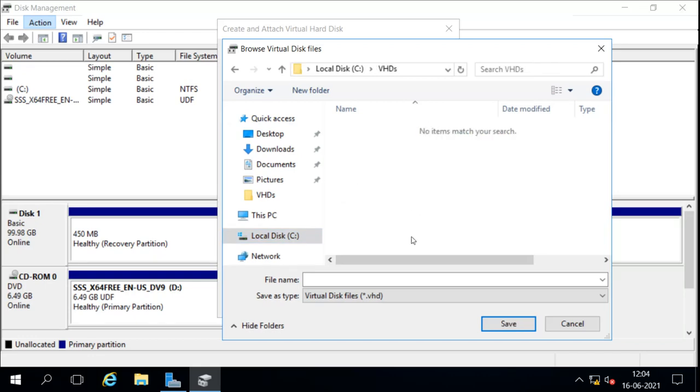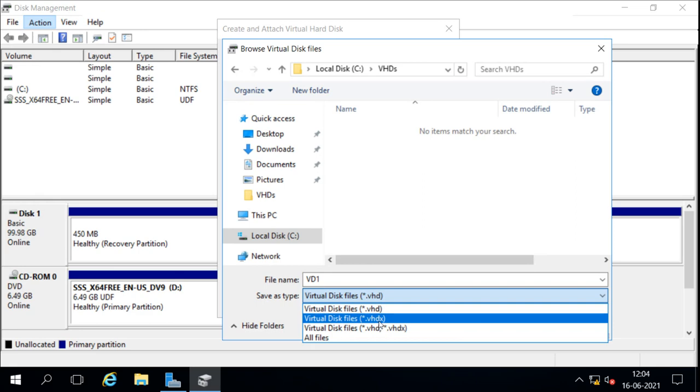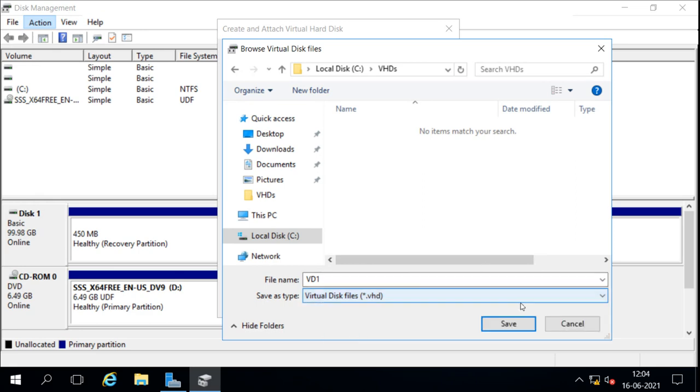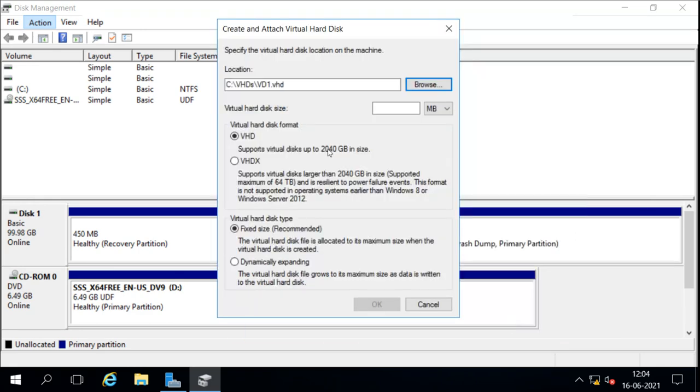Now under this folder I'm going to create a disk, and I'm going to name it virtual disk 1, and the extension could be any. By default it is going for VHD, but we can go for VHDX also. So this is where I'm creating my virtual disk.